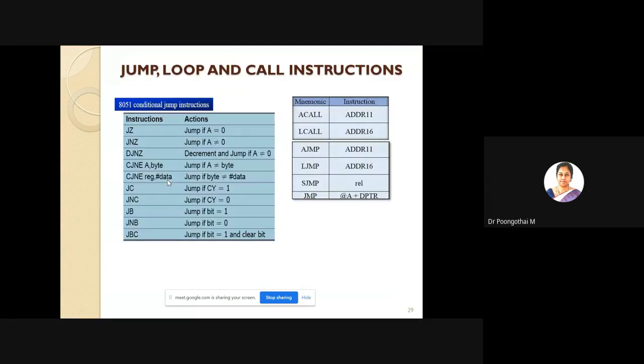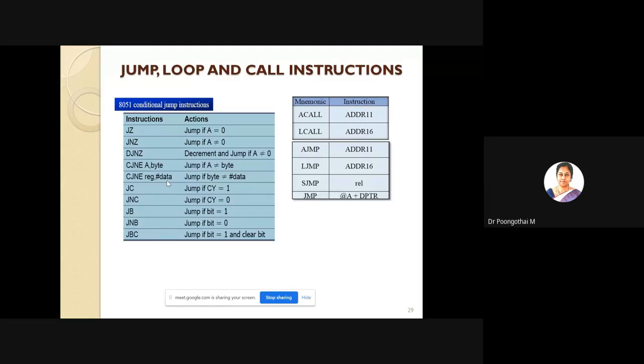So next, we move on to the next instruction group, that is branching instructions. Branching instructions change the flow of the program by changing the content of the program counter.